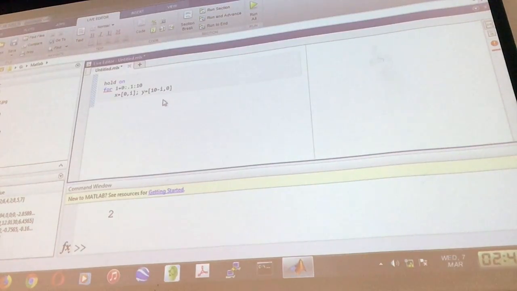a straight line along the y-axis. At the next step, I'll just go to 1. At i equals 1, my x point is going to be 0, 1, and my y point is going to be 9, 0. So this is basically just defining lines by 2 points, one on the x-axis, one on the y-axis. So now I'm going to just tell it plot x versus y,